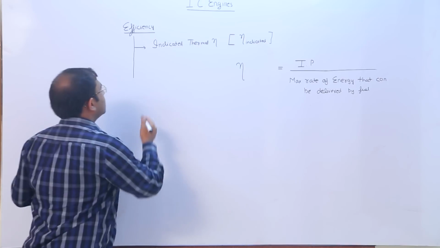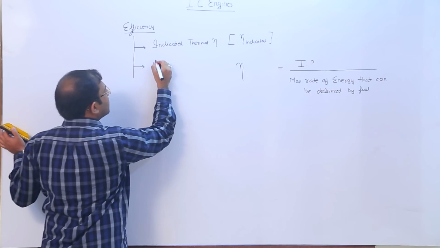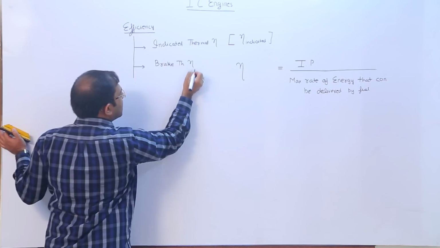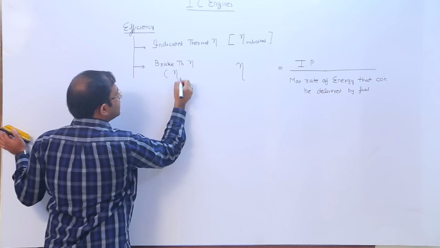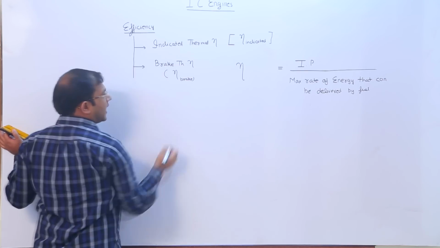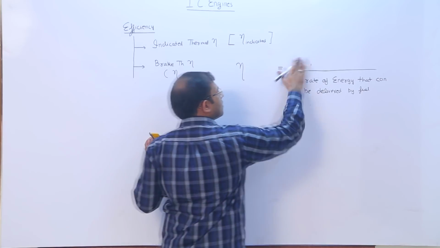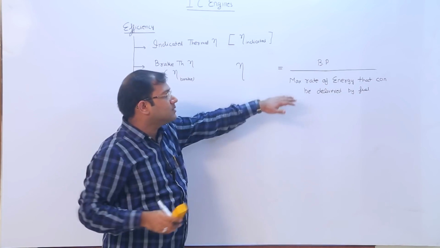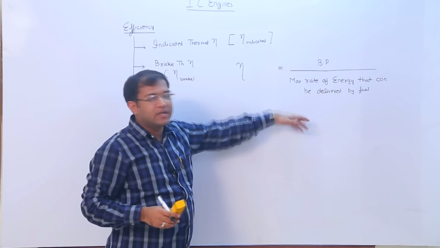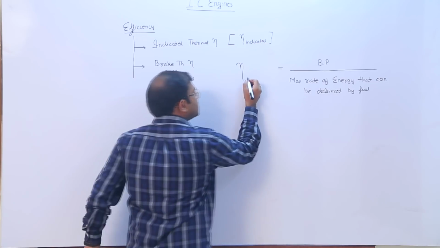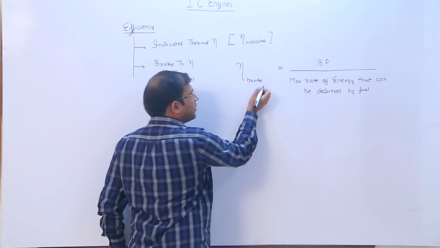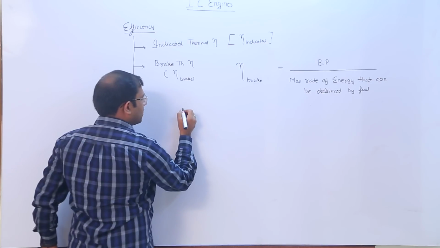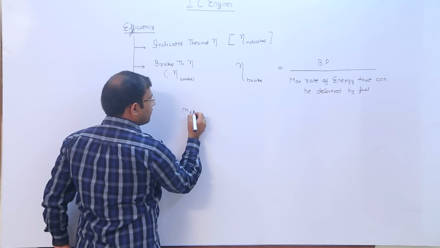Now see students, the next that comes here is brake thermal efficiency, represented by eta brake, and this is nothing but your brake power upon the maximum rate of energy that can be delivered by fuel. Fine. So this is represented by eta brake, and the relation between the two is nothing but your m dot f